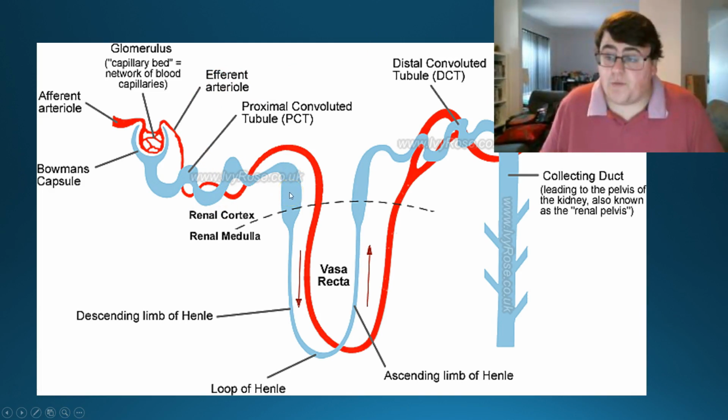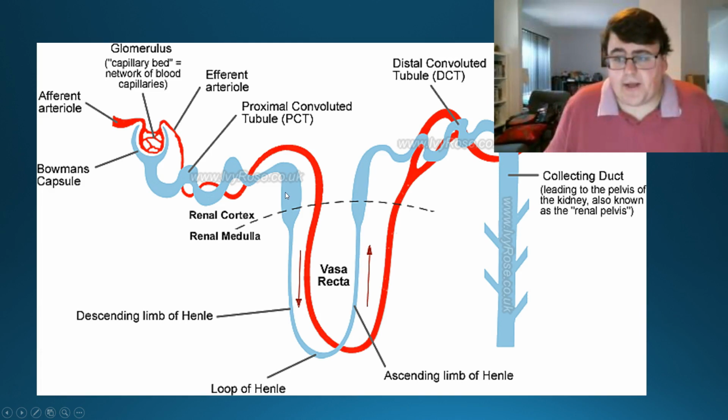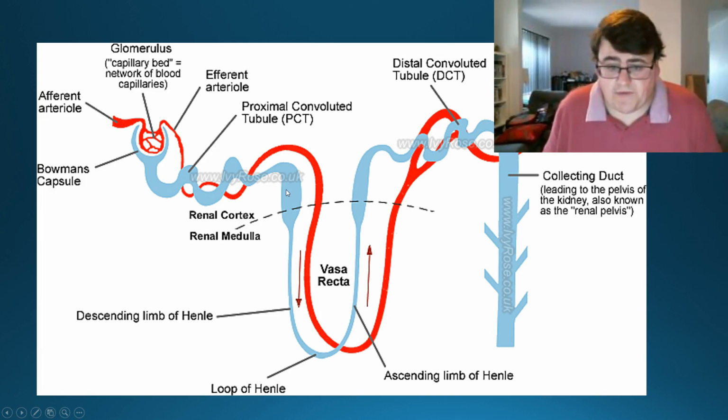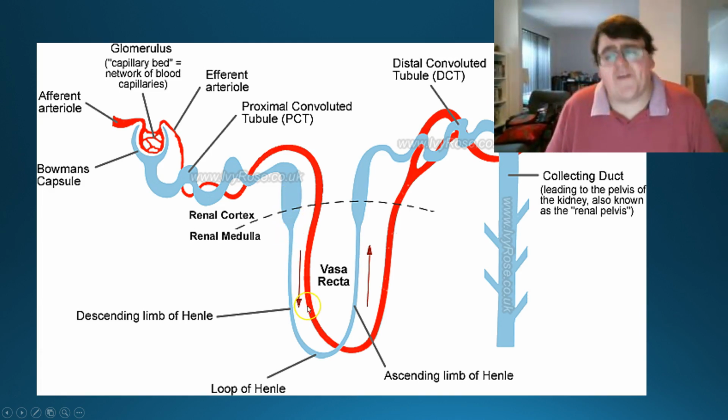glucose and amino acids almost always reabsorb back into the blood because we need them. We don't want to get rid of them. And then we go through the loop of Henle, where if we need water to be retained in the blood, that's where it will be absorbed back into the blood, and eventually through the collecting duct where it will be